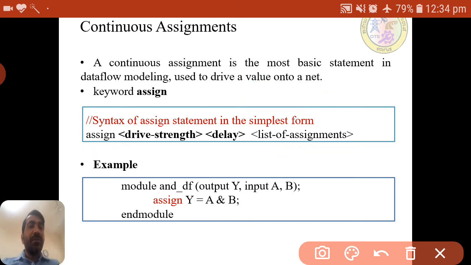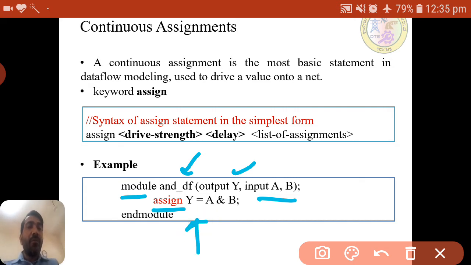Now a small example, for an AND gate. Module is a keyword, and underscore DFA is the module name, with output Y and inputs A and B, a declaration with port list only. Here assign is a keyword; in data flow modeling the most important thing is the keyword assign.